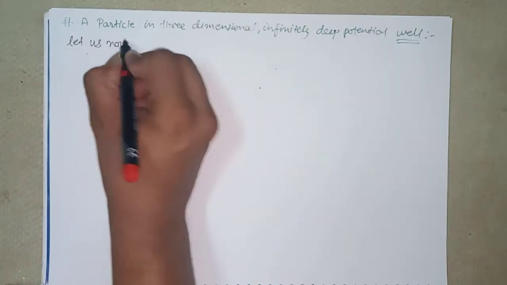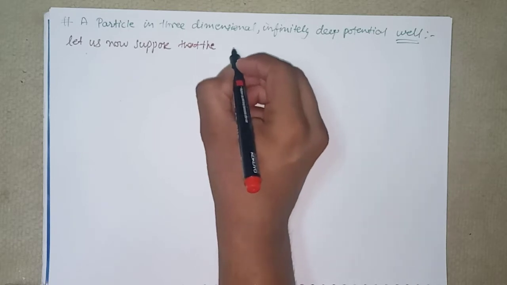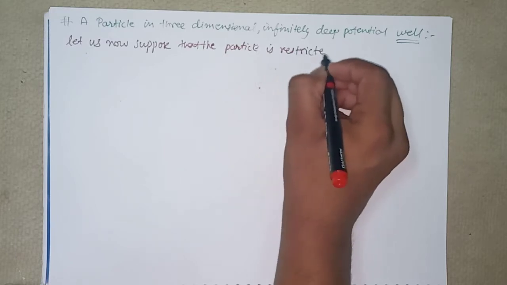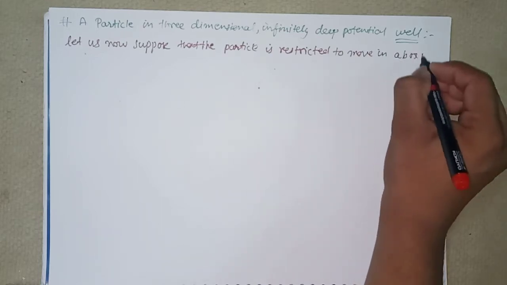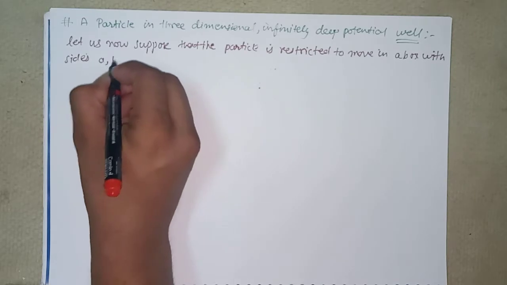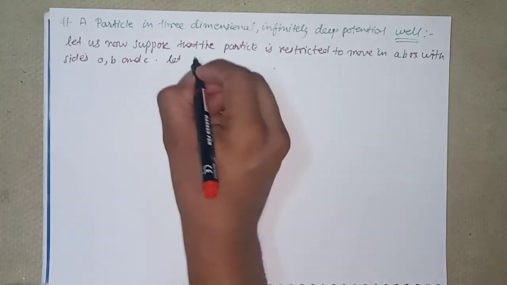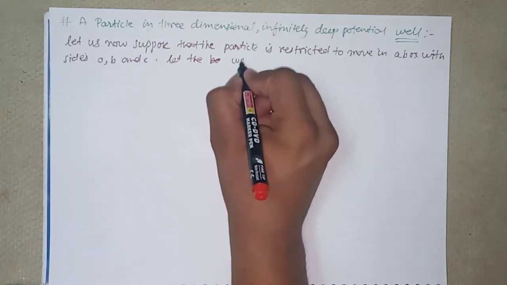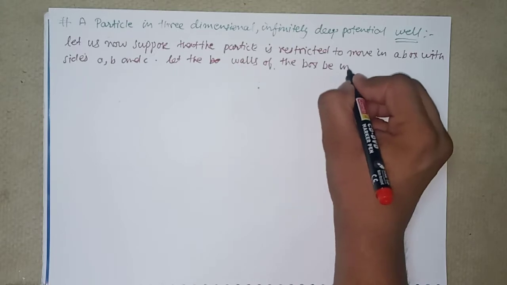Let us now suppose that the particle is restricted to move in a box with sides A, B and C. Let the wall of the box be impenetrable